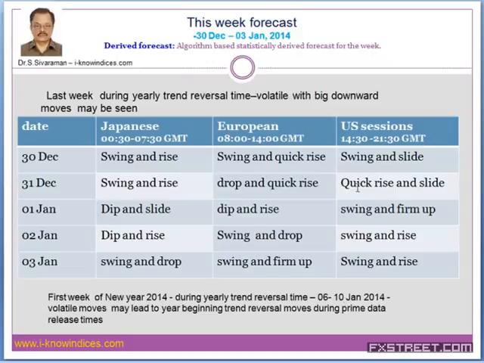And as I explained earlier, the yearly trend reversal will prevail for 2 months. That is the month of December and also the month of January. And you will come across big pump and dump moves happening in the market suddenly. And so if you wait for such moves to happen in the market and take sell positions in the case of Euro and GBP, you will be able to quickly see the profit. You can also do buy and sell trades, but use the hedging order to limit the risk and see that you are not caught vulnerably with higher level long positions, because the players are here to make